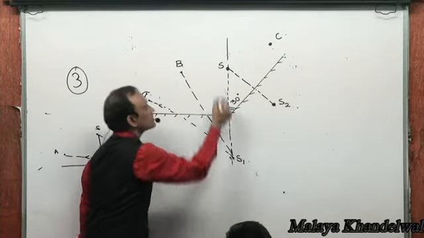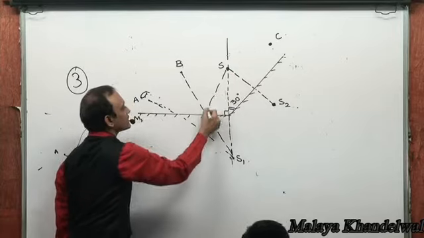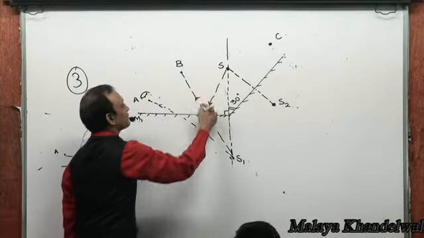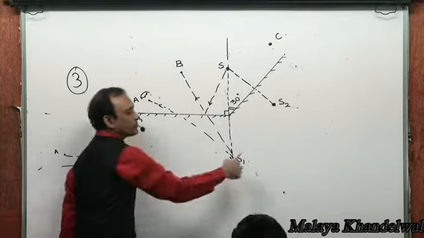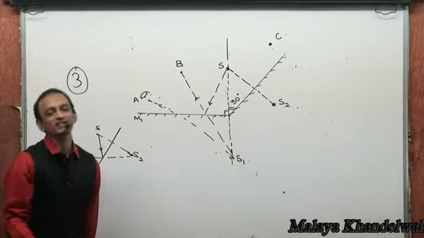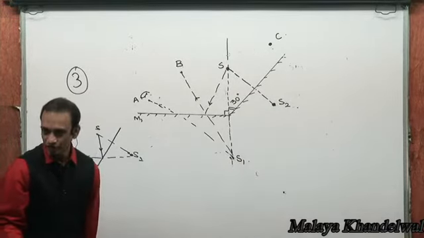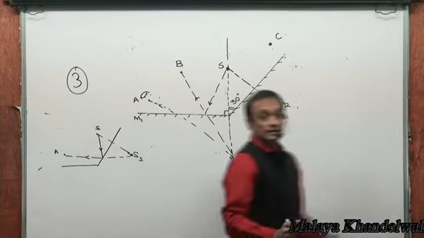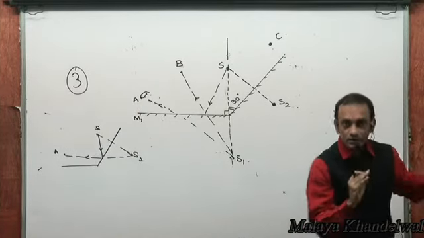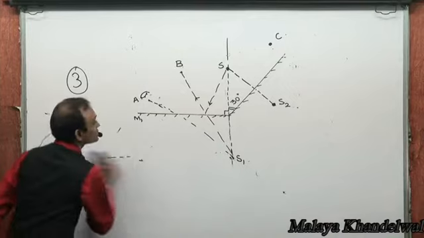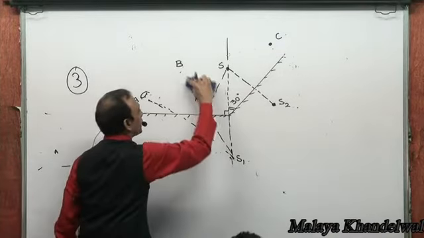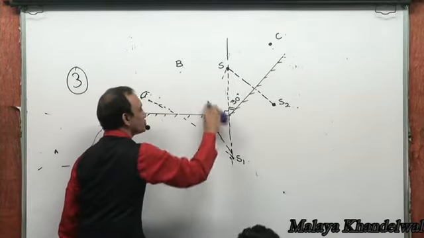Can you see this? If this is an incident ray, this would be a reflected ray, which seems to be coming from S1 and hitting B. So B will see S1 for sure, right? And are you all okay with this? I don't want you to be messed up on this concept. And similarly, just to remove the clutter from here,